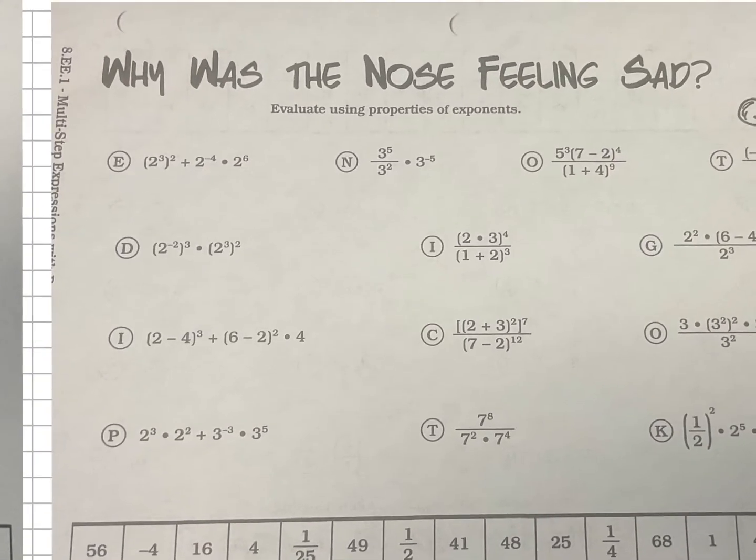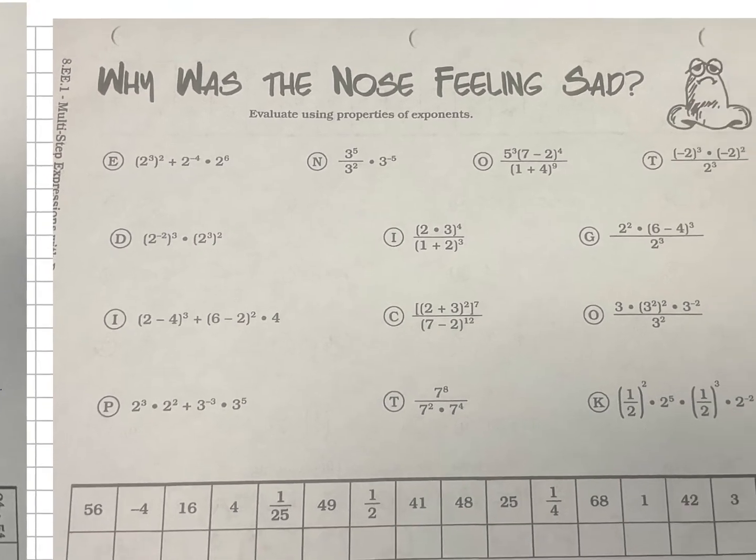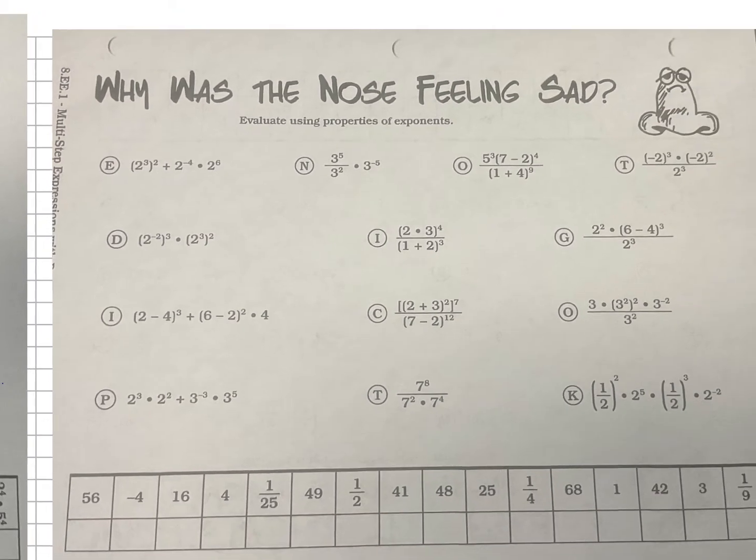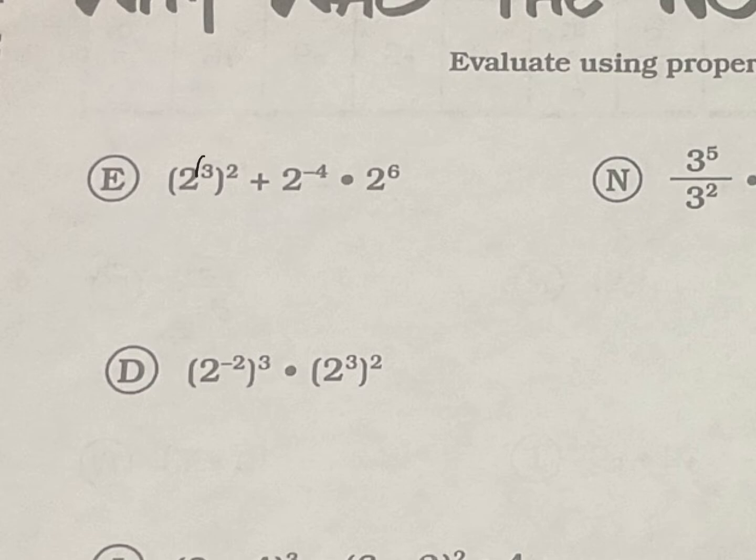Let's take a look at the back side. Each one of these is going to be just multiple steps. You just have to know what to do first. All right, we've got 3 times 2. Up here we can do 2 to the 6th plus 2 to the negative 4th times